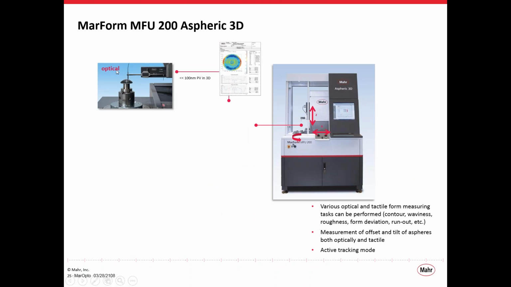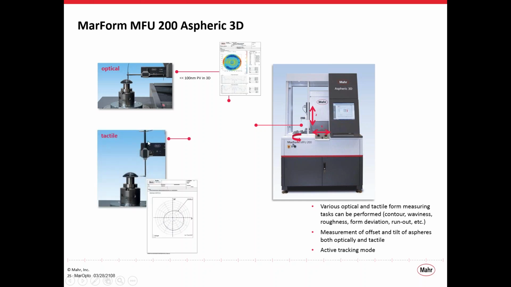So this optical probe that I just talked about can be used to map out a 3D map of the surface. And we can also use a tactile probe to pick up the edge of that lens. So on this particular system, the tactile probe and the optical probe are on the same arm, and we can just switch between the two without recalibrating or moving the optic under test. And then finally, we can use a third mechanical probe to pick up the bottom surface of that lens.